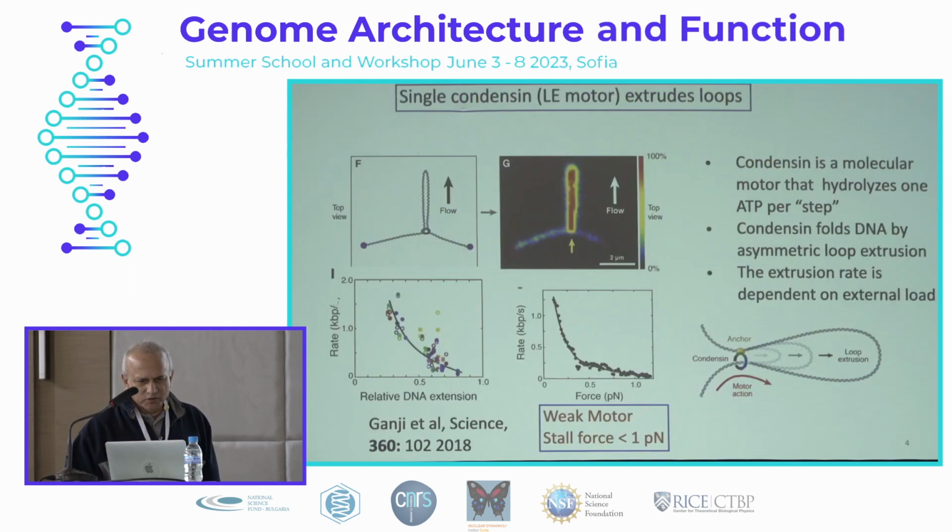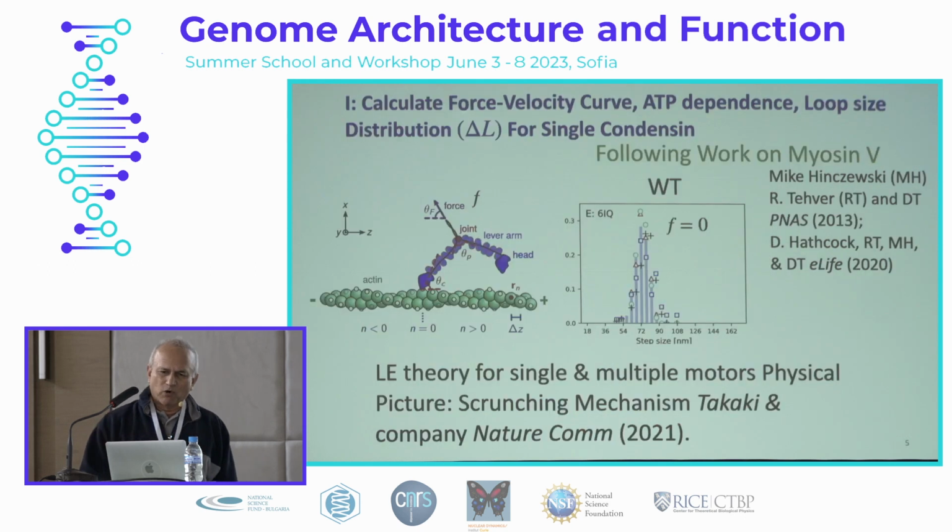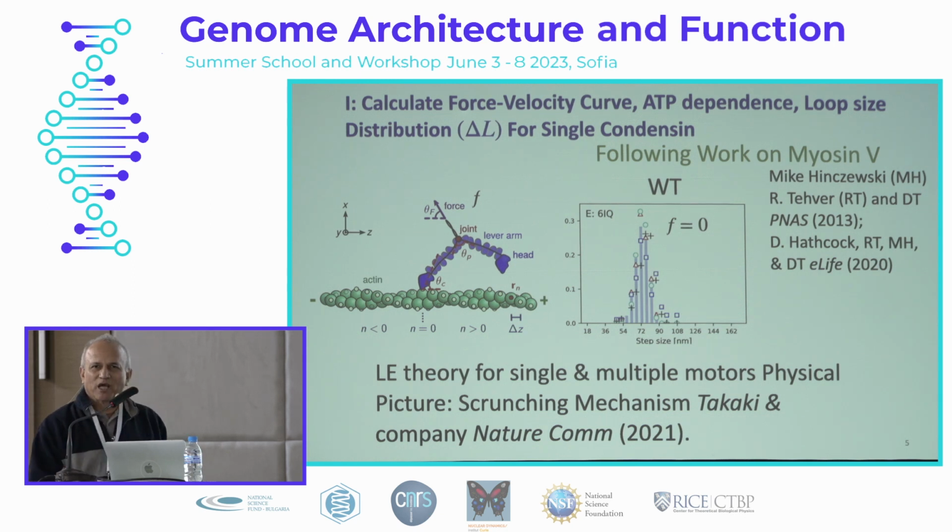So the objective that we set ourselves was to calculate these quantities that are measured in experiments, and we've been working on motors for quite a long time. Following our work on myosin 5, which we first reported some 10 years ago and followed up about 3 years ago, we could compute the force-velocity curves of myosin using some kind of a polymer theory. Some of it I'll tell you a little bit later, and we could also calculate step size